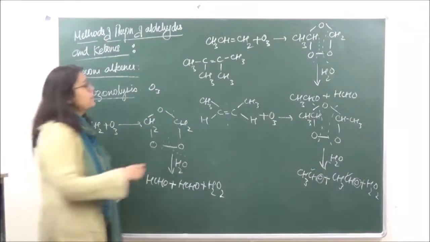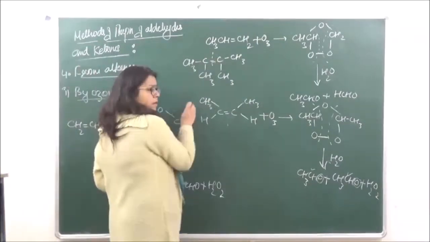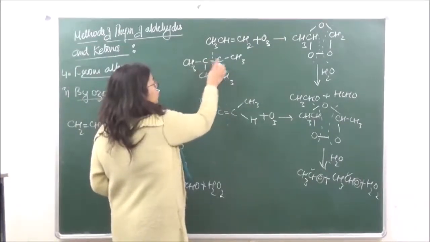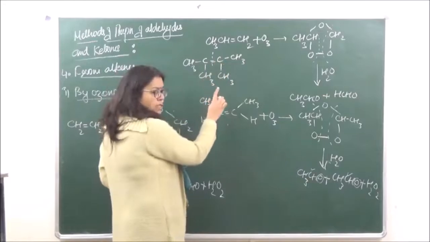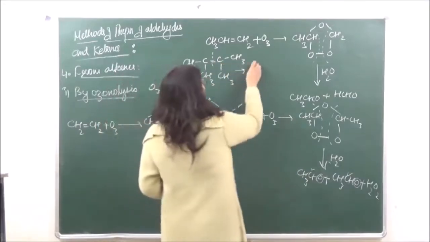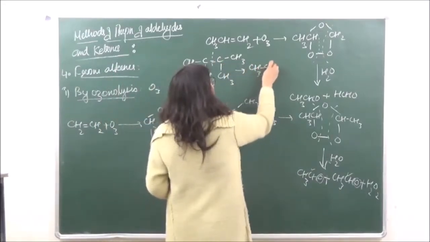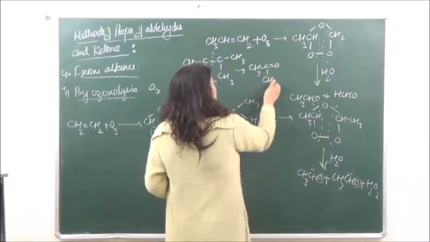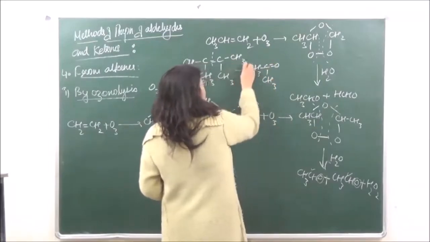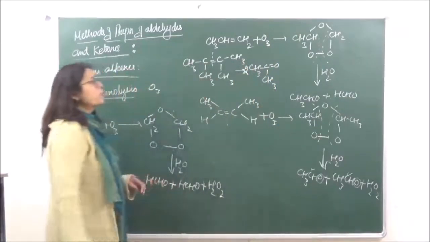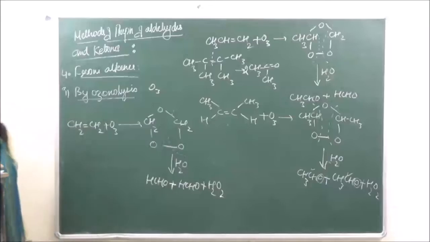So it is very simple. You have to cleave the bond from here, and you will add double bond O to this carbon atom and double bond O to this carbon atom, such that the products which we are going to get are CH3 C double bond O CH3, similarly CH3 C double bond O CH3, so we get two molecules of acetone. Is it clear? So this is how you can manipulate the products from the reactants, or vice versa.